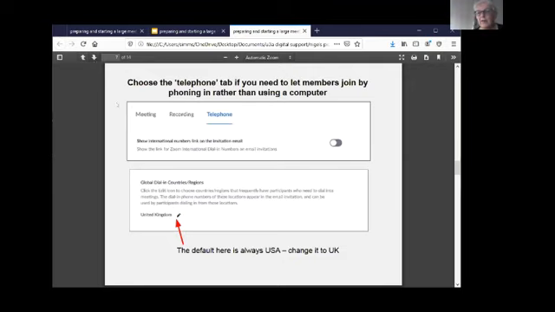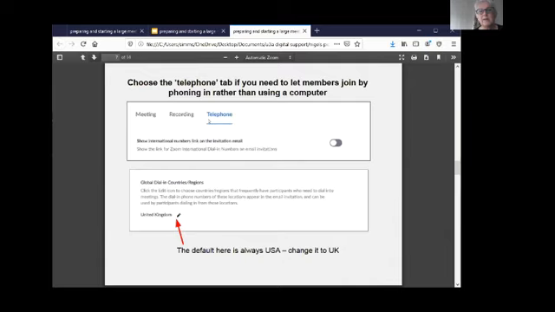One of the very useful ones in terms of inclusion, if you wanted to give your U3A members who don't have computer access of any kind the chance to join in with your AGM by telephone, then you can do that with the licensed version.